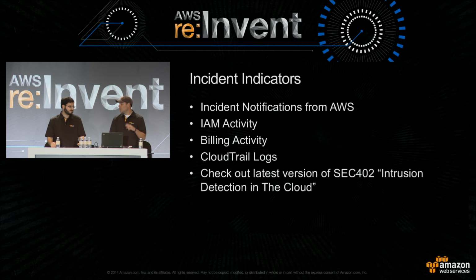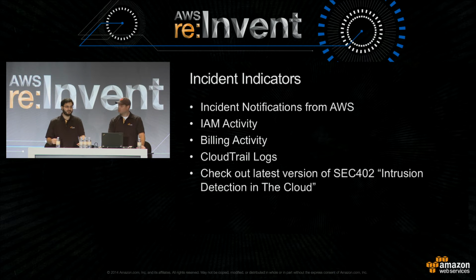So what are some things that we're going to look for that may lead us towards having to go and investigate something as an incident? So there was a whole talk about 2 hours ago about detecting incidents. That is not this talk. However, it's worth reiterating that there are a number of important notifications that AWS may send you. For example, there are scenarios where we may notice that a credential associated with your account is posted more publicly than you might want. And those notifications don't help you if you spam filter them.